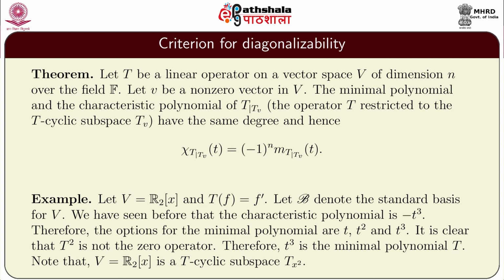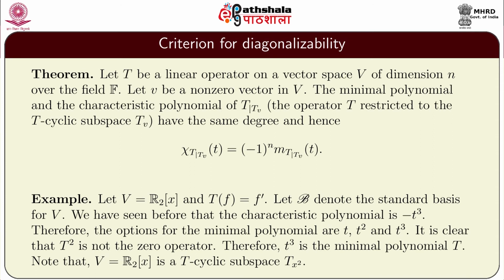Let us understand this theorem with the help of an example. Let V denote the vector space of all polynomials of degree at most 2 with real coefficients, and T the differential operator, that is T of f is equal to f dash. Let B denote the standard basis for V, that is 1, x, x square. We have seen before that the characteristic polynomial of the operator T is minus t cube,